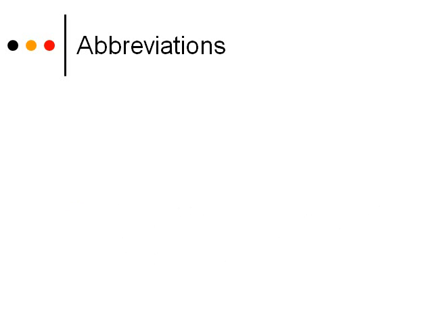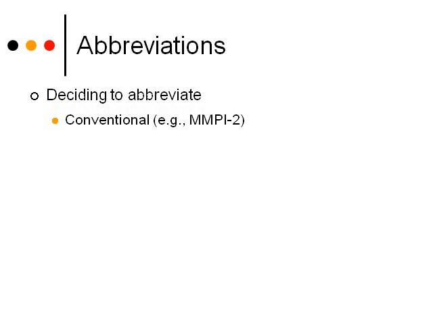Abbreviations, when deciding whether to abbreviate a word, things to think about: is it something that's typically abbreviated, a conventional abbreviation? So like the Minnesota Multiphasic Personality Inventory, second version. The MMPI, that's a pretty common abbreviation. So if you're going to talk about the Minnesota Multiphasic Personality Inventory, perfectly appropriate to abbreviate that, because other people do as well. But things like short-term memory, you don't see that abbreviated very often unless you're using that phrase over and over again. So if it's going to be real repetitive, using kind of a longish phrase, you abbreviate.